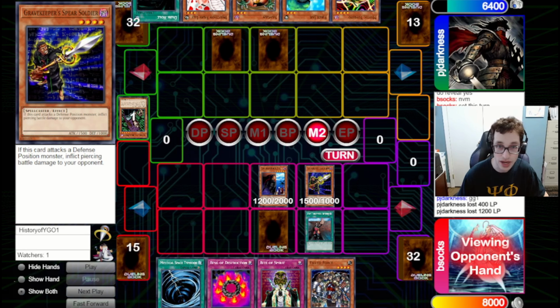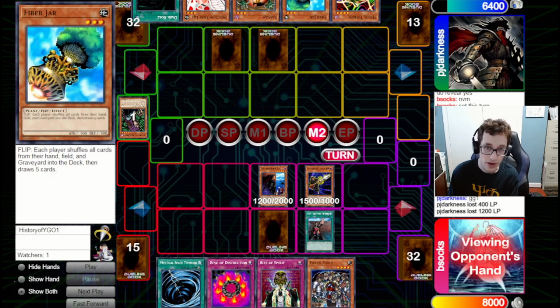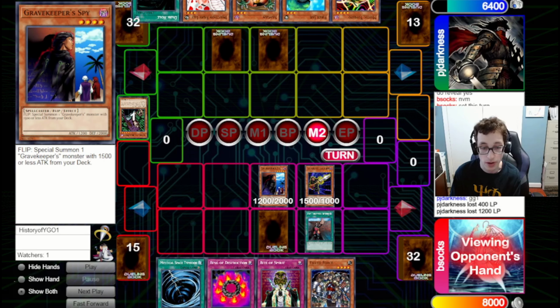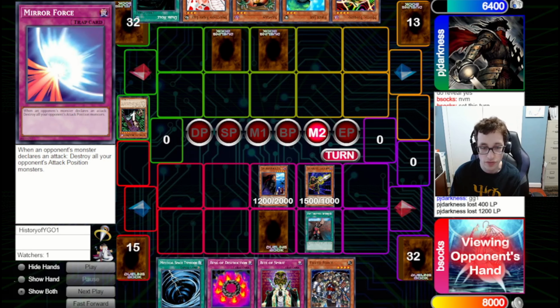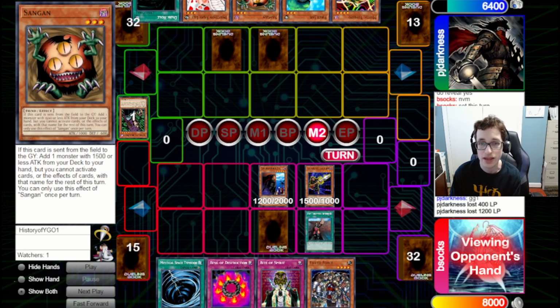So we do get to see their hand here, and that's a pretty good hand, in all honesty. That is a bit worrying. Fiber Jar can reset the board for them, which is really bad for us. Dark Hole can clear, you know, both of our monsters here, but we got Right to make it a little bit better. Injection Fairy Lily can get in a lot of damage, but we do have Mirror Force and Ring if we choose to set it to deal with that. And yeah, I think honestly the thing...